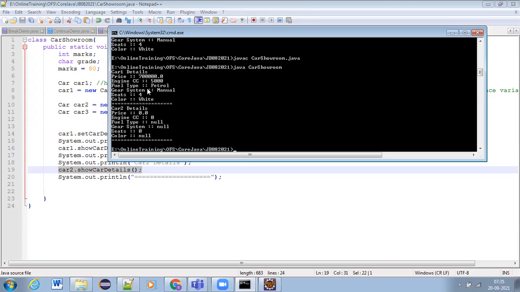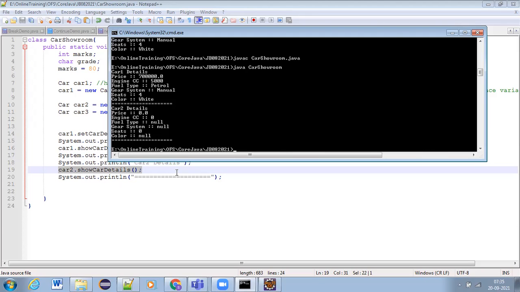So in this way, we can understand how objects are creating boundaries among their data, and how they are having their own data. Now, if I want to set the values for car2 details, and I want to display the car2 details information also, then what should I do?